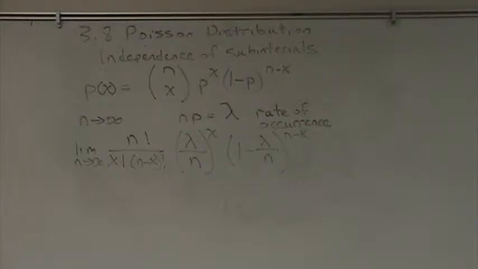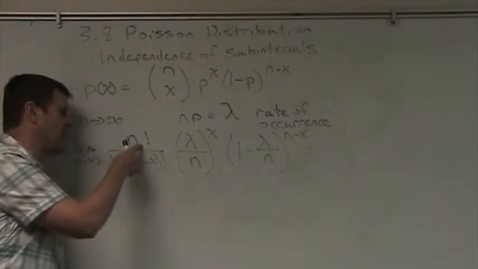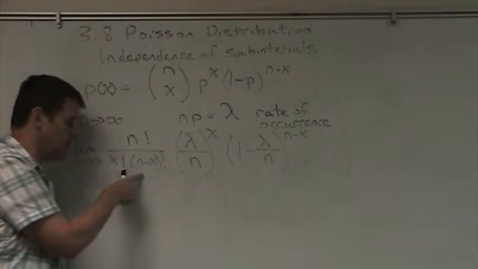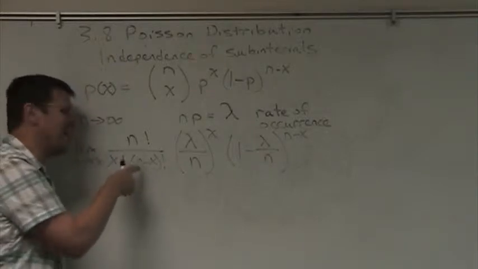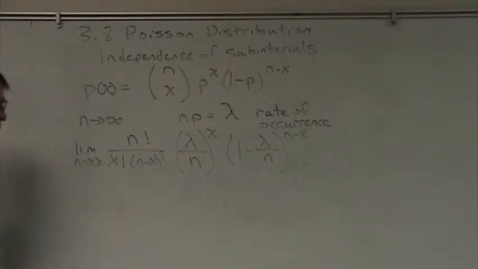And you start looking at this going, well, what the heck can I do with this? Well, there are some things. First off, one thing we can do is some canceling. We have n factorial here, we have n minus x factorial here. So essentially we can cancel all of the terms from n minus x on down to 1.